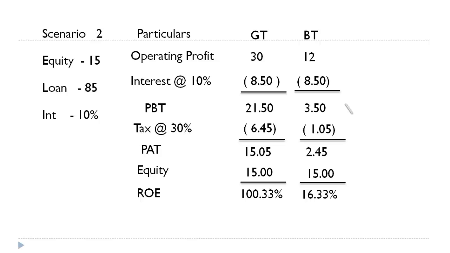From 100%, the return falls by at least say 83 to 84%, unlike scenario 1 where the fall was only 25%. Why did this happen? It happens because of structuring decisions, capital structuring decisions. Here the equity component was less and the loan component was very high. So because of that, the return was very good in good times, is it not? In good times, in scenario 1, the return available for equity shareholders was close to 35%, whereas here it is close to 100. But in bad times, the fall is also very steep.